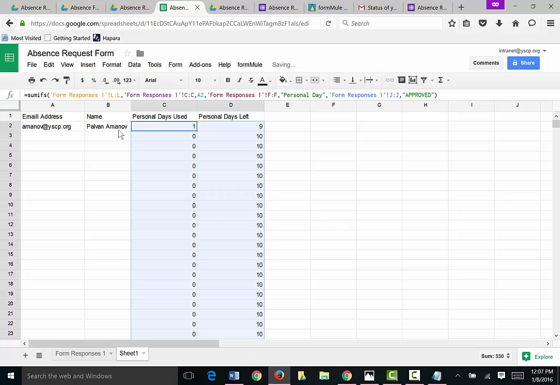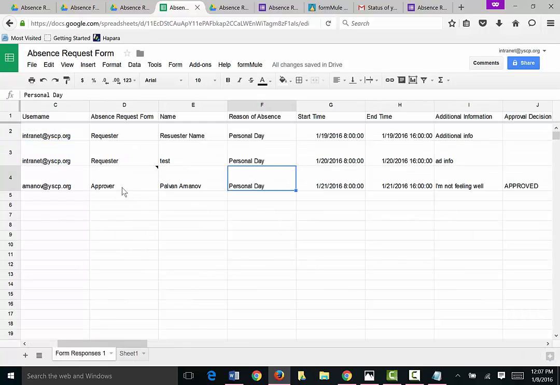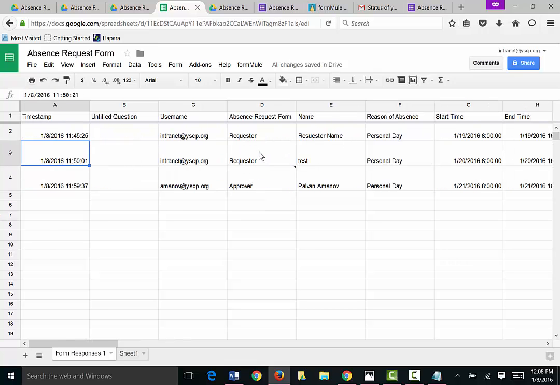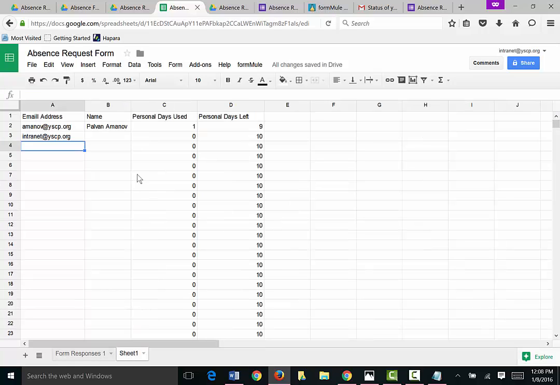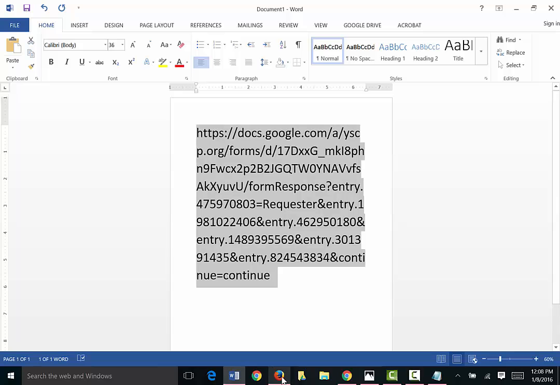And if you copy the formula, once you enter the email of your employees here, it will automatically calculate the number of the approved days. So let's give it a test now. So intranet, let's fill out the form as an intranet and see if this number gets updated. So I'm logged in as,